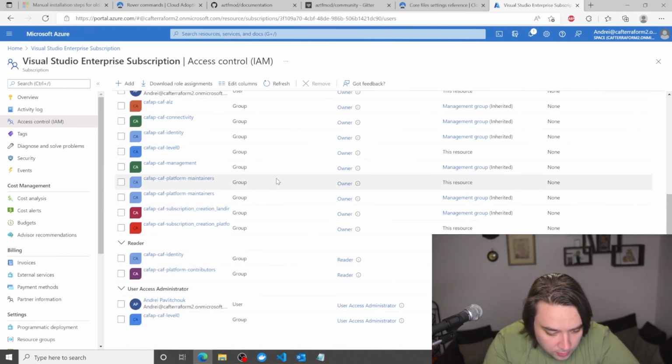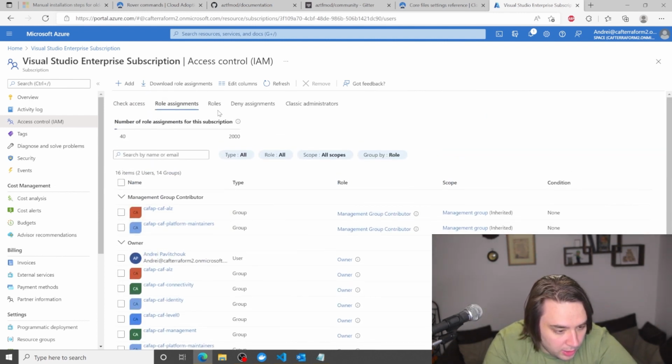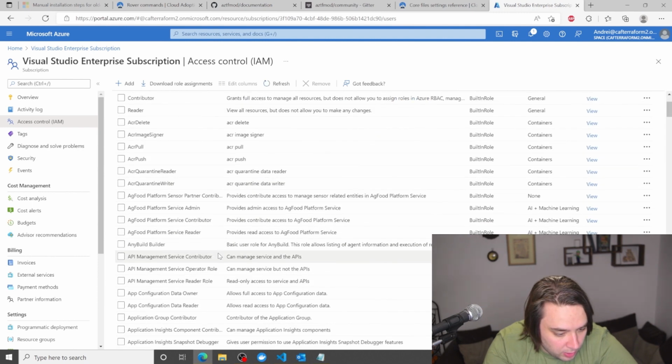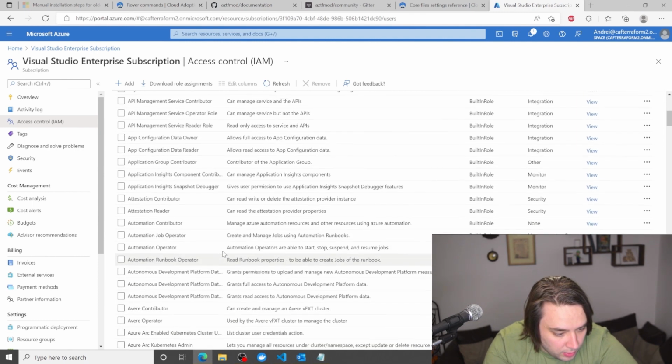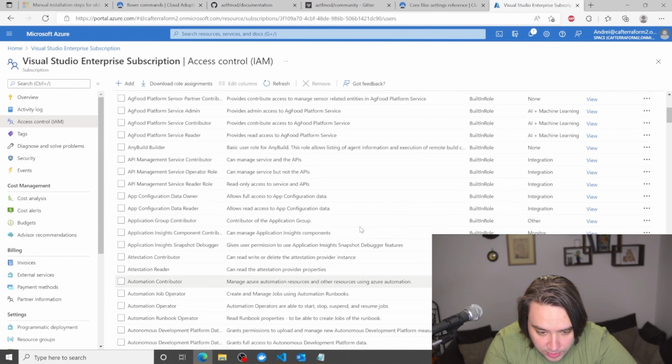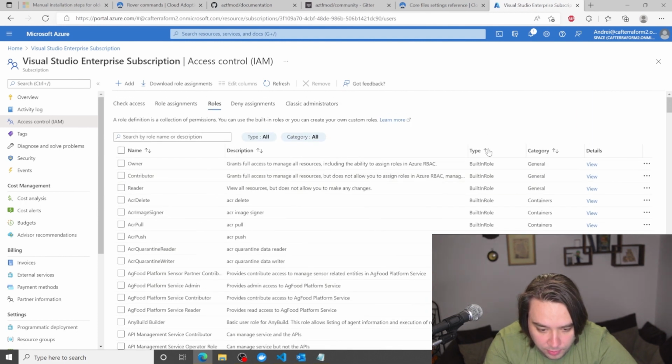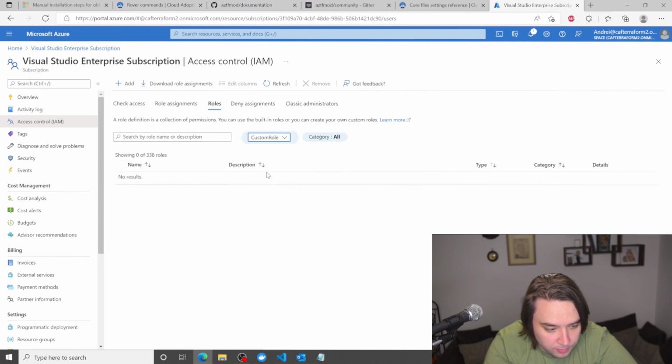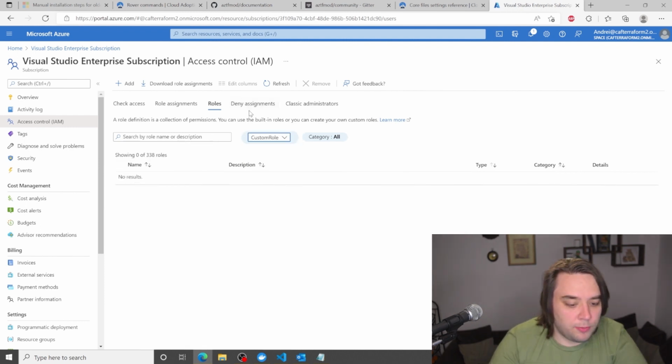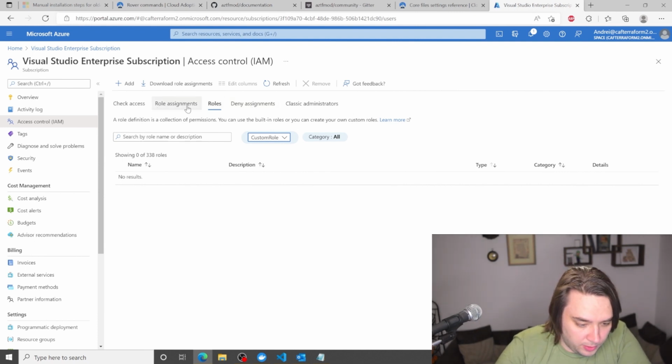So let's have a look. What we are checking out now is the roles. So apparently, if I just look for type and I'd search for custom role, now no roles have been created over here in the Visual Studio subscription.